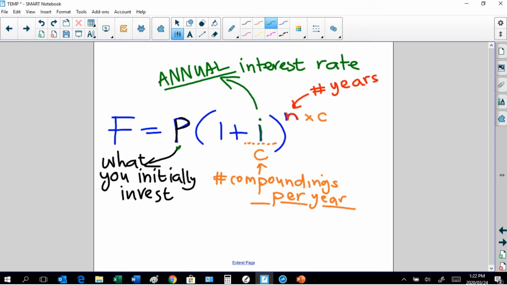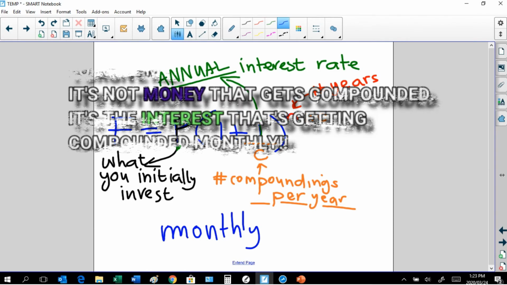Now, your I, you'll have come across examples where your interest rate is divided by something. I want you just to understand this. You always divide your I by the number of compoundings that are taking place per year. Alright, so if they're going to say that your money is compounded monthly, okay, if your money is compounded monthly,